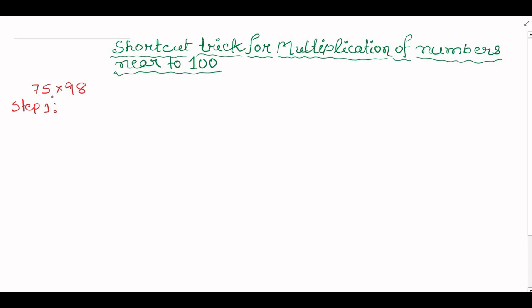That means we have to subtract from 100. How much do we have to subtract from 100 to get 75? So 25 we have to subtract. Same way, 98 we have to take and subtract from 100. That means 2 we have to subtract. Okay, now in step 2,